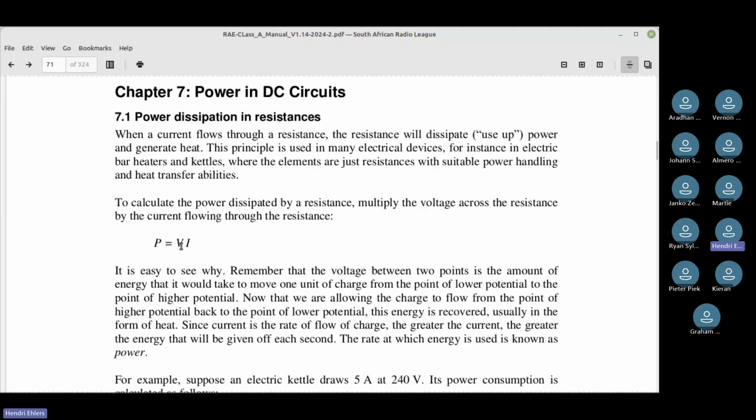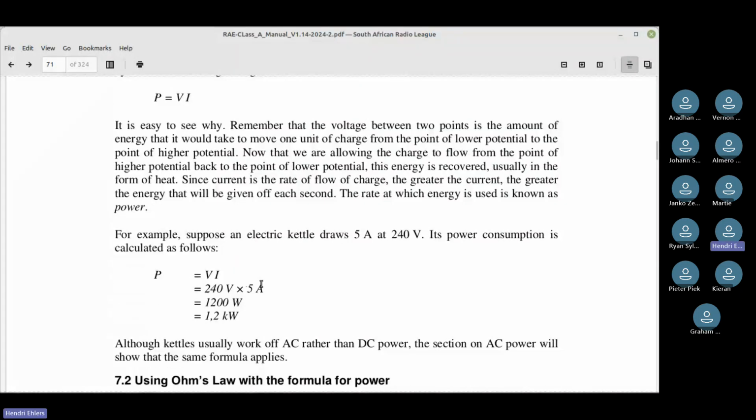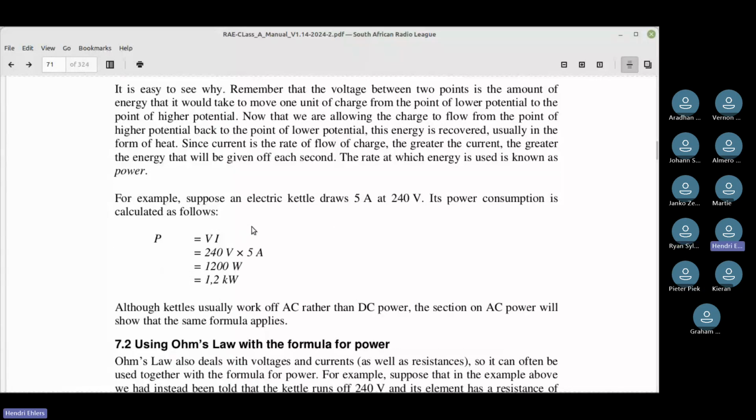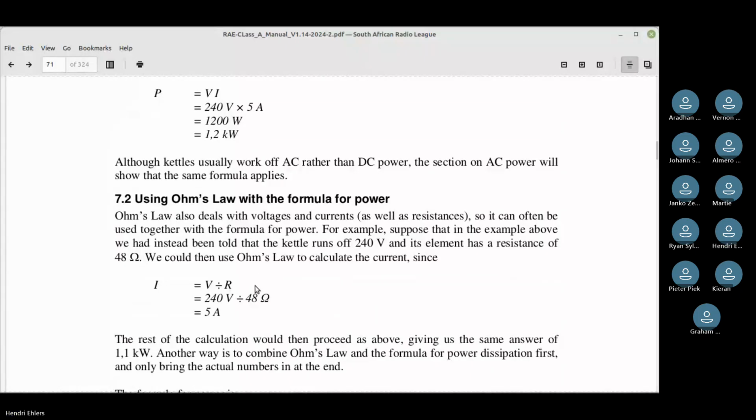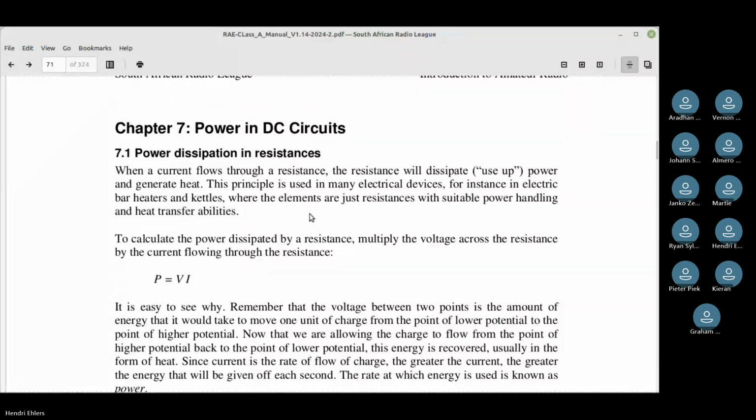So there's P equals VI. Once again, you're going to put that into a triangle and it makes it a lot easier. So you're going to calculate the wattage. And once again, you use the voltage times the amps. It's very nice math. It's actually very easy once you get the hang of it. And it's points in the bank every time. So any questions?